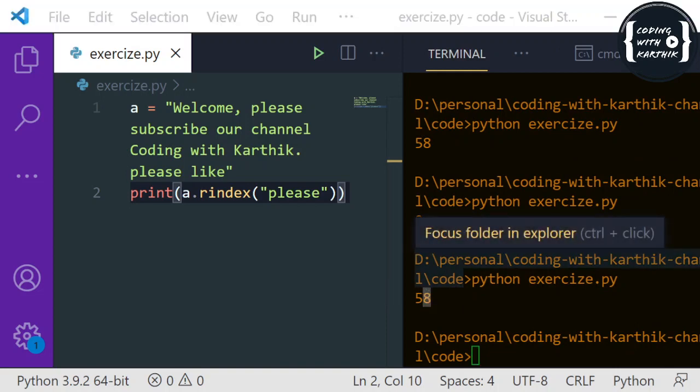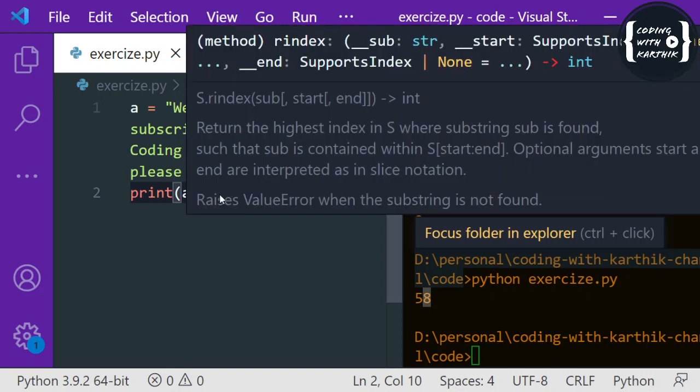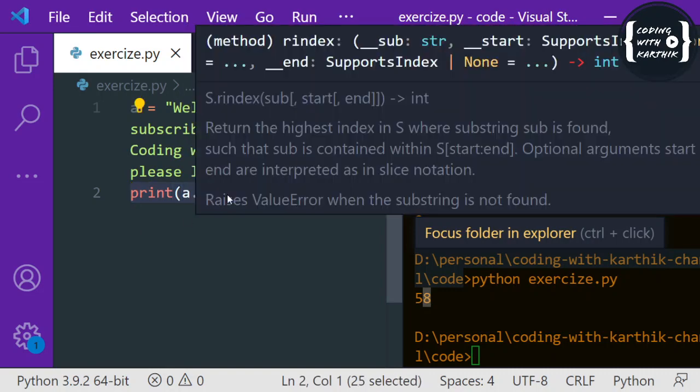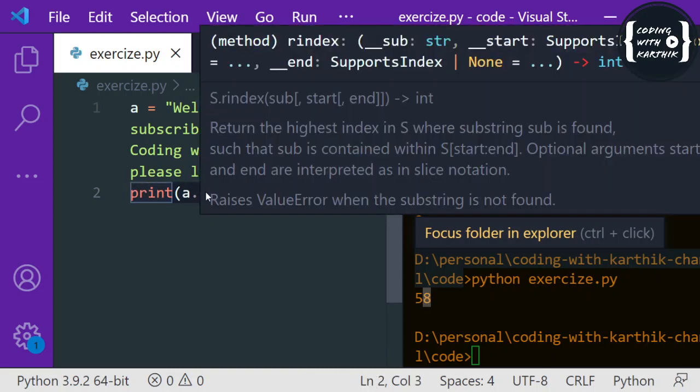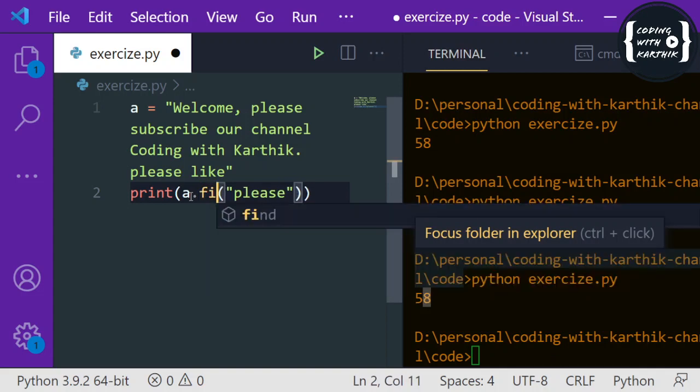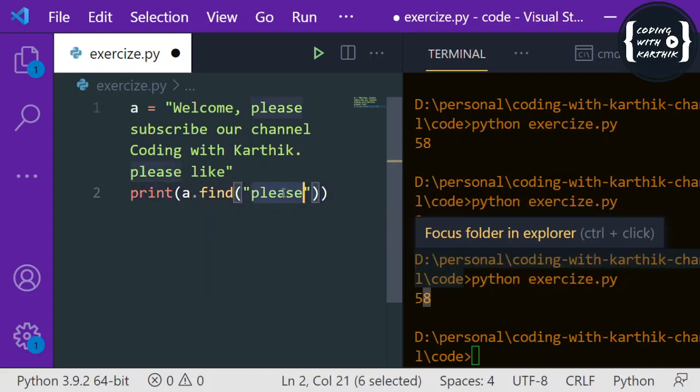But there's one difference between the find and index methods. Suppose I try to find a substring which does not exist, something like "thanks".